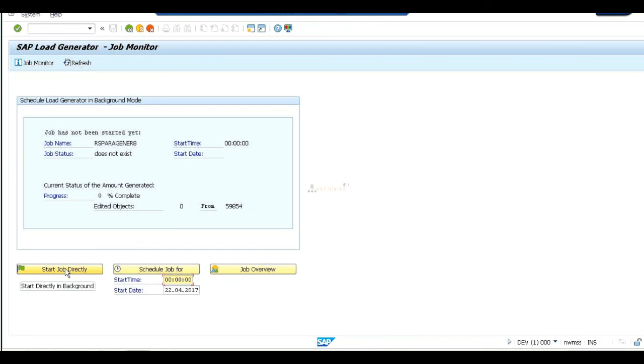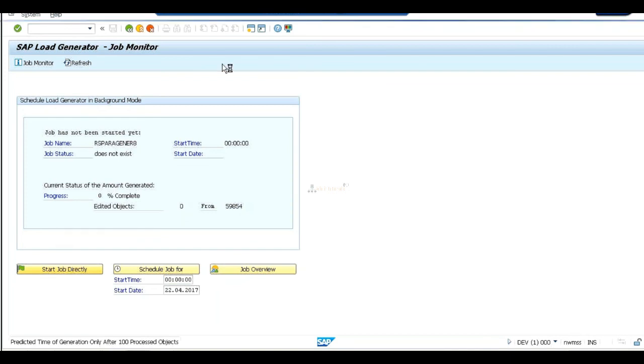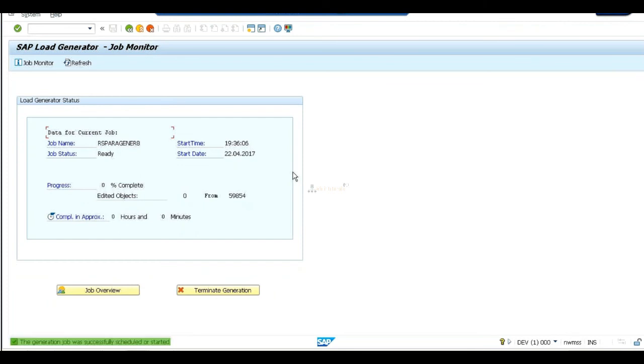Now we are scheduling this job in background mode. Background mode means which work process will handle it? The background work process will handle this job, this report, and will execute it. See here, the generation job was successfully scheduled or started.